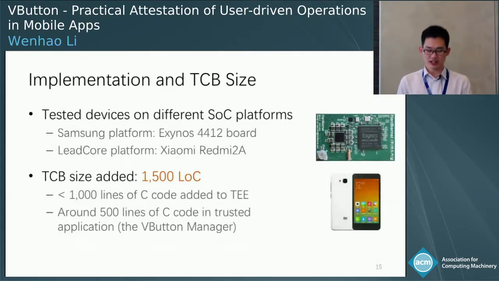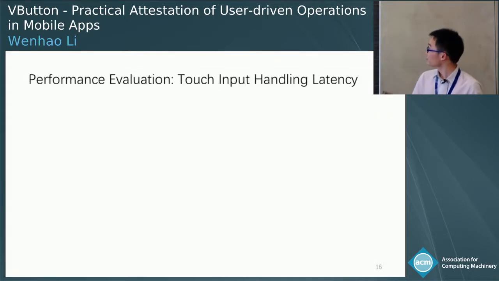We have added less than 1,000 lines of code to the existing TEE, and the VButton manager is developed and deployed as an independent trusted application running in the TEE. It consists of about 500 lines of code. So in total, the TCB size added by VButton is less than 1,500 lines of code.